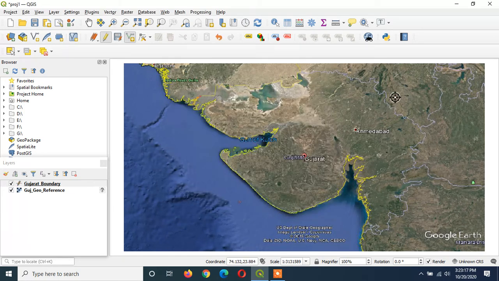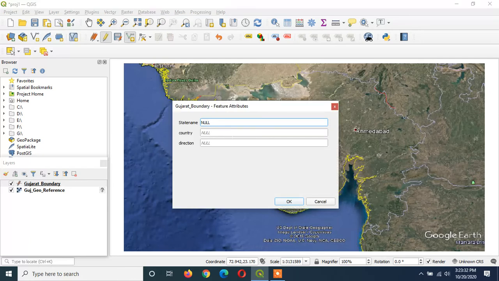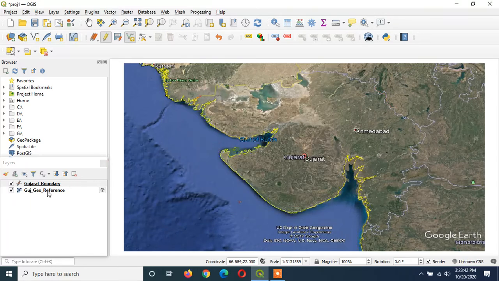Now if you want to add a new line, then you can click on the canvas where you want to add the line. So I am adding this line. It's not perfect, but still we are adding. When you are done, right click and provide the values and direction. So now there are two records in our attribute table.